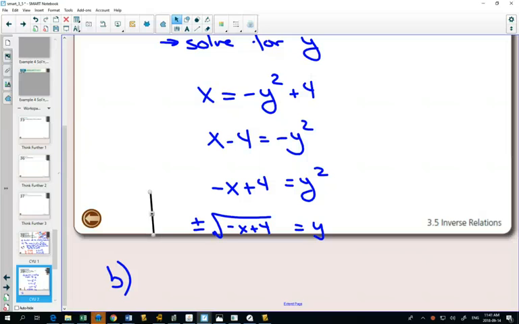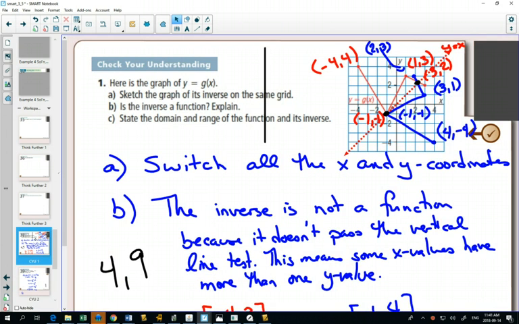That only works for, oh, it's not sliding for me. There we go. No, you can't do that to an equation. The vertical line test only works with a graph. But the second part that I wrote in this vertical line test was to explain this means some x values have more than one y value. If I plug in